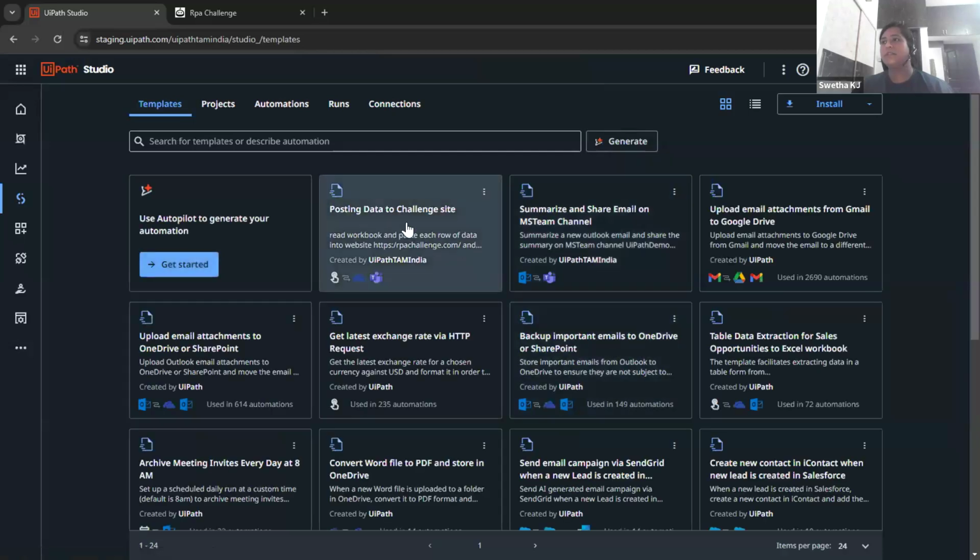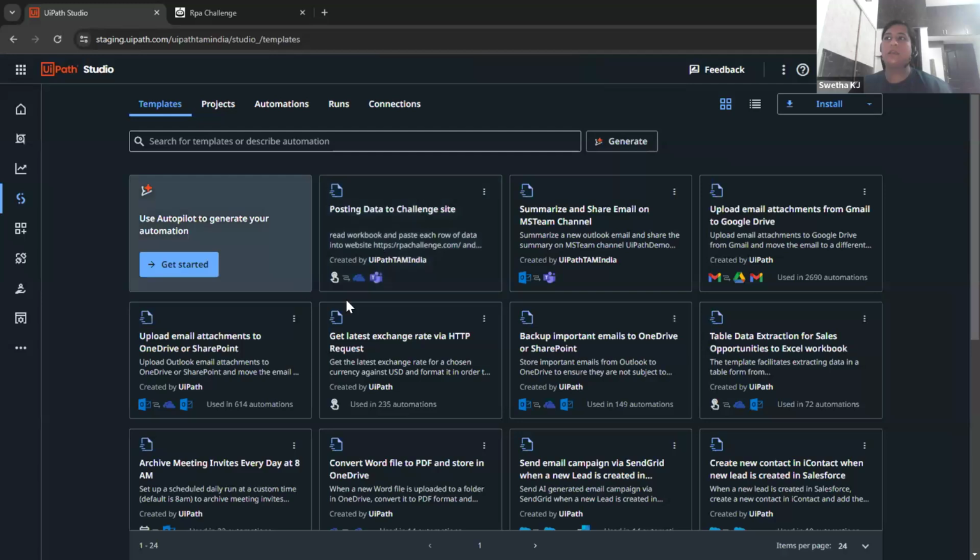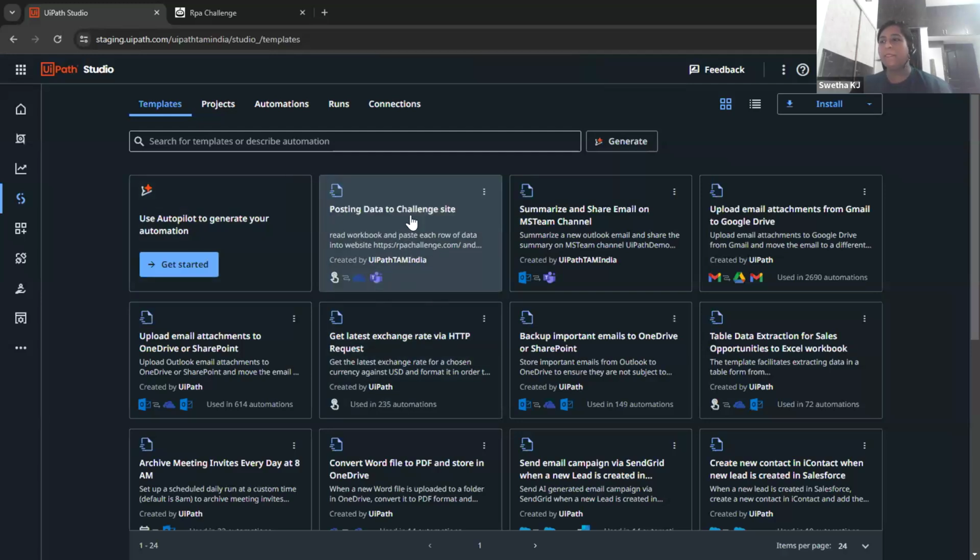Let's go to templates. And here we have it. So going forward, anyone in your organization can use it. Okay, so that's it from my end. We're moving it back to Shreya. Shreya, over to you. Thank you, Sweta.